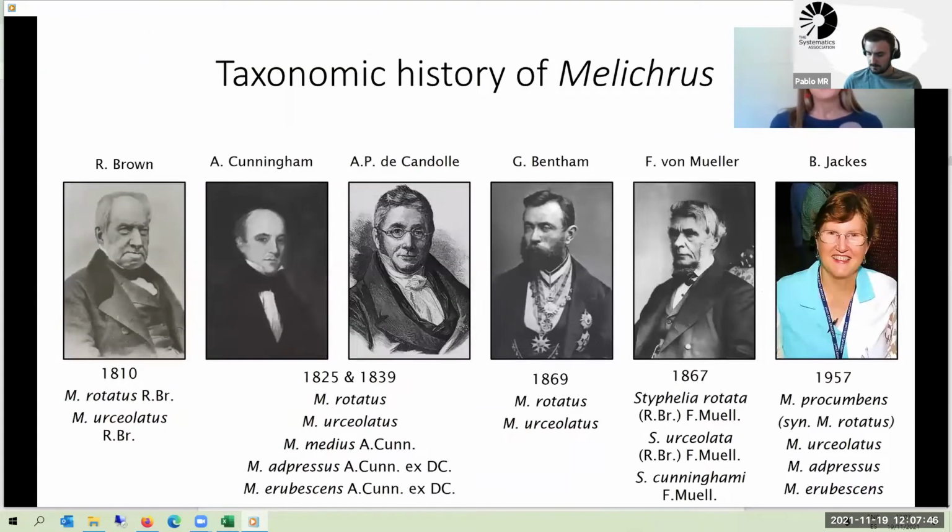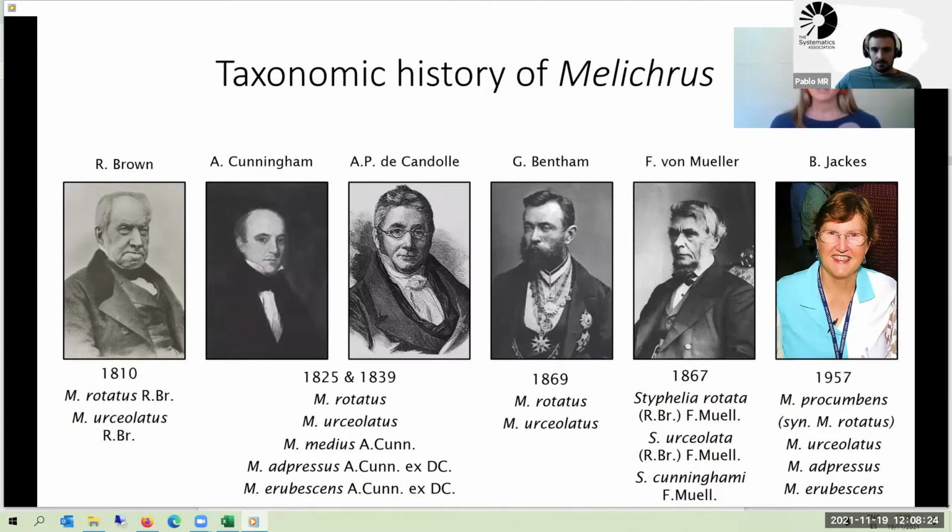So this slide is something of an honour roll for Melichrus taxonomy, representing over 200 years of work on the genus. Below the image of each author is a full list of species they recognised in Eastern Australia. And despite the apparently small number of species in the genus, there has been very little agreement between any of the treatments regarding species delimitation. Deserving particular mention is Melichrus urceolatus. This taxon has seen numerous taxonomic changes, and as you will see soon, we are just starting now to understand the structure behind this morphological diversity.